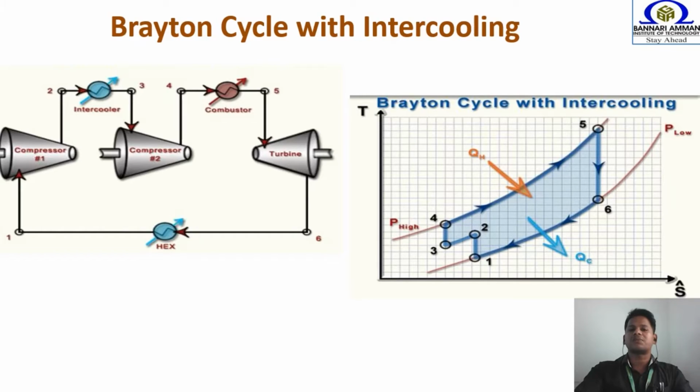You can see the temperature is slightly decreasing, and in the 1 to 2 process the temperature is increasing. Why? In isentropic compression only the temperature has to increase, right? Why is the temperature increasing? This is due to ideal gas behavior. Next, the second stage compression is from the third point, where from 5 bar you are compressing the air to 10 bar. So at point number 4 we have high pressurized air.